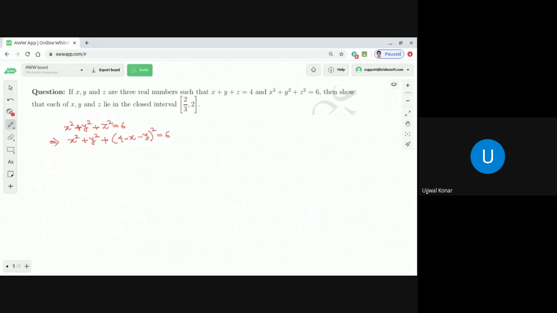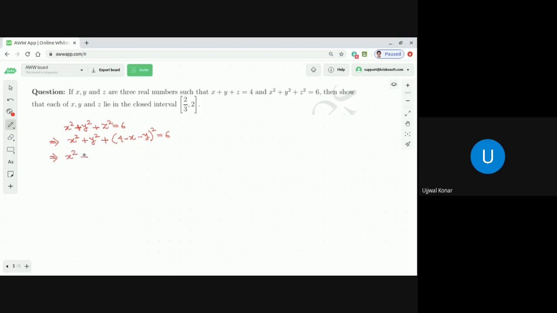And what we are going to get out of it, dear students, so let's express it. And if you simplify, we can make it a quadratic equation in x. Let's express this as a quadratic equation in x. If we make it a quadratic equation in x, it will be x square